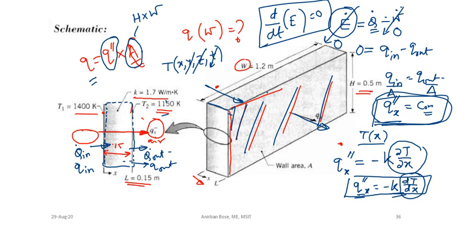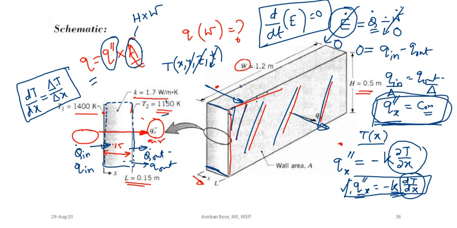So dT dx is constant, which means we can write this simply as del T by del x, because it's a linear variation. Why is dT dx constant? Because heat flux is constant. Why is heat flux constant? Because the first law of thermodynamics tells us so, and thermal conductivity is constant because that is given in the problem. So dT dx is equal to delta T by delta x, where delta T is the temperature difference between these two surfaces, and delta x is the length.